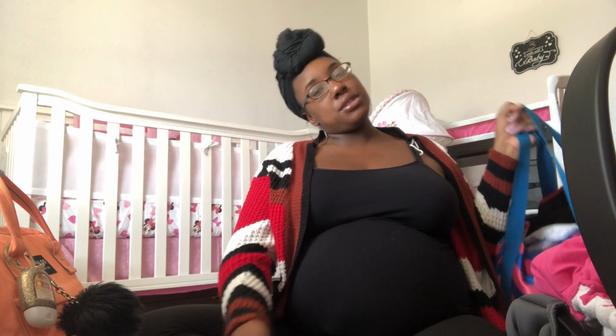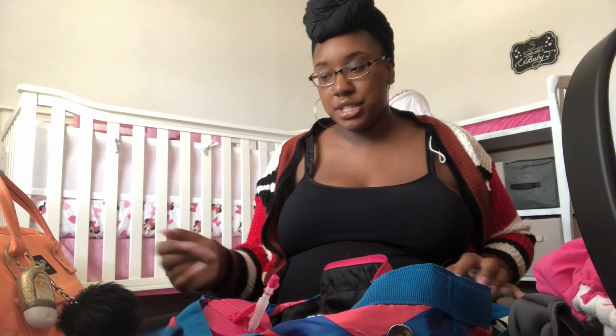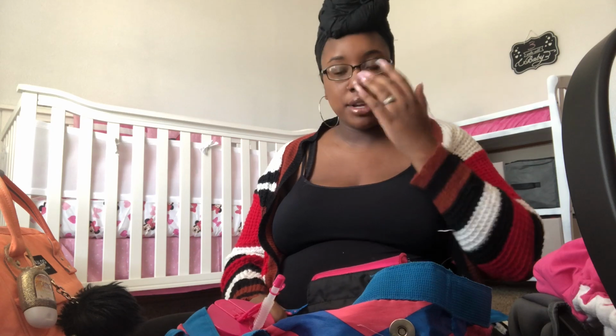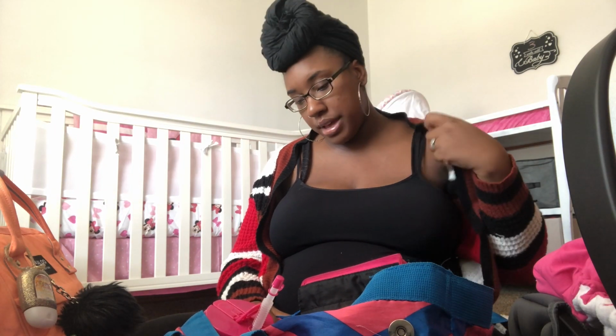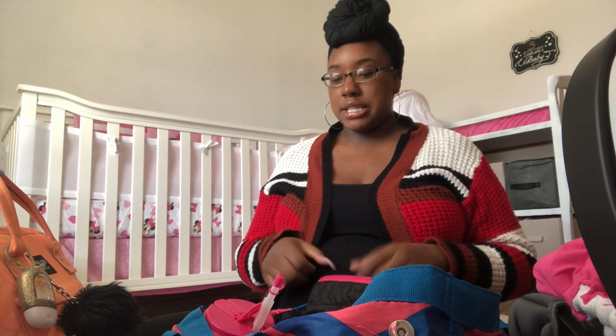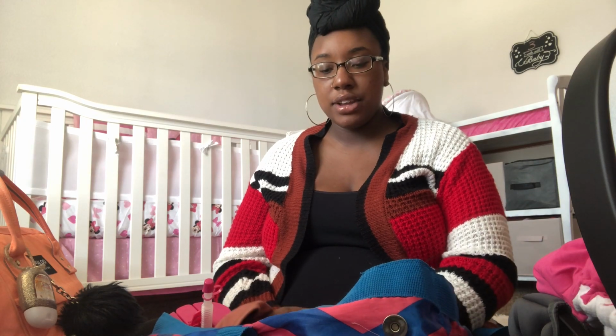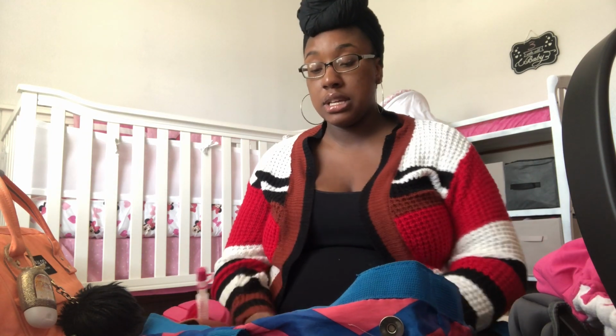Okay, so starting out with what I am taking, I'm taking an old duffel bag that I've had for years. It's just this pink and blue pattern. Keeping it very simple. I thought about going out and buying a brand new bag, but then I decided not to because I'm probably going to end up throwing this away when I bring it back, because it's kind of on its last leg. So I figure, why go out and buy something new when it's just going to be in the nasty hospital. So anyway, the first thing I'm going to be taking to the hospital is,